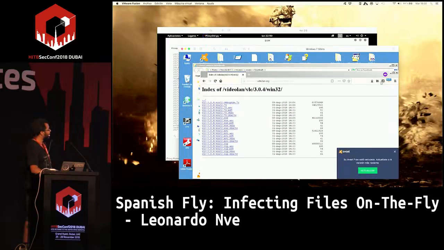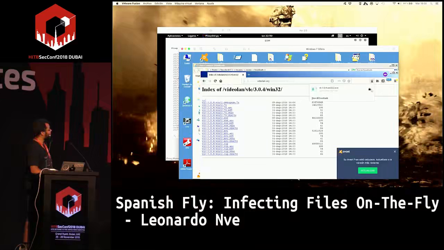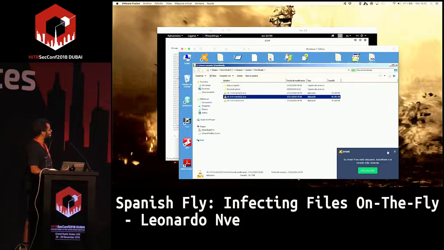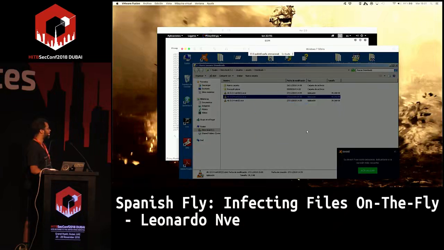Now we have here, let me see. Okay, this is the original one. This is the second one. If we click here, it asks me to check that the origin of the file, the editor of the file, is unknown because we didn't sign it.